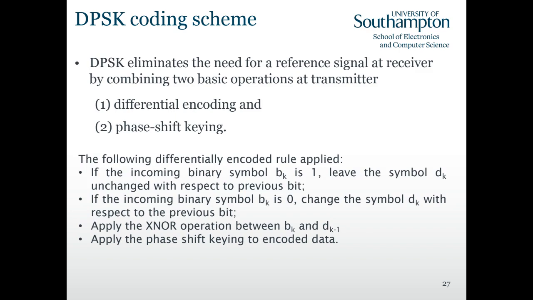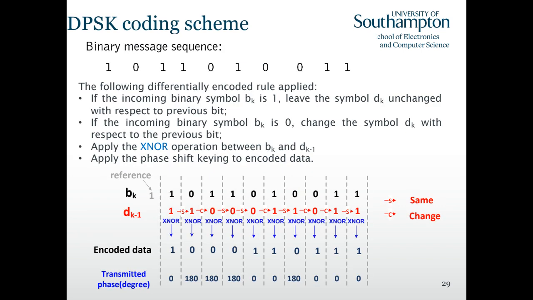So for differential BPSK, the transmitted symbol is dk. If the incoming bit is 1, then we do not change it. And if the incoming bit is 0, the next transmitted symbol would flip between the current one and the next one. So if we look at an example here, the incoming binary bits are 1, 0, 1, 1,